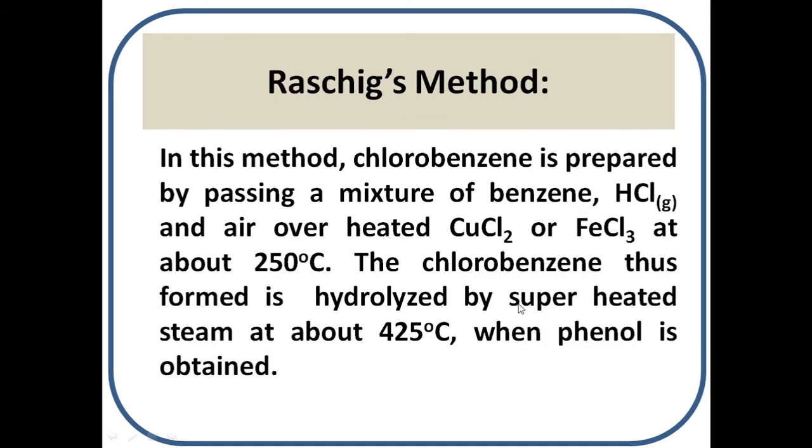Next is the Raschig's method. Again, in this method, chlorobenzene is prepared by passing a mixture of benzene, HCl gas and air over heated ferric chloride or cupric chloride at about 250 degrees Celsius. The chlorobenzene thus formed is hydrolyzed by superheated steam at a temperature of nearly 425 degrees Celsius,